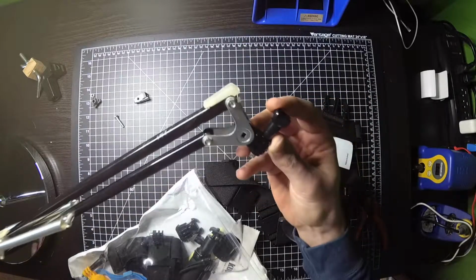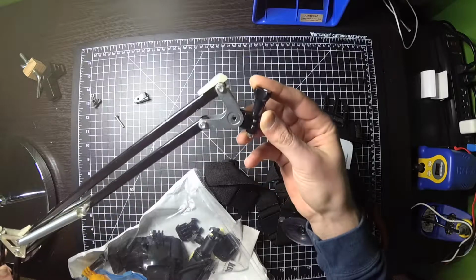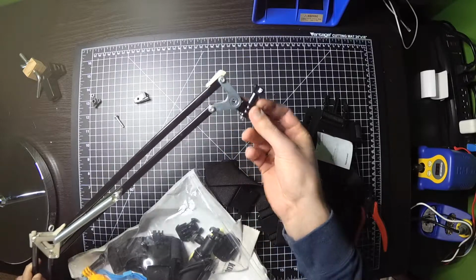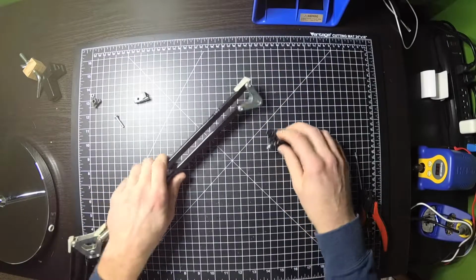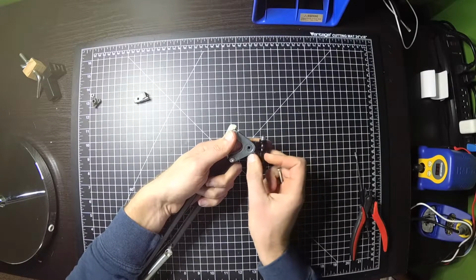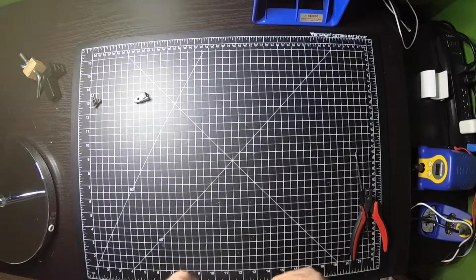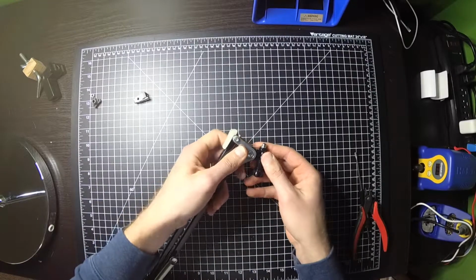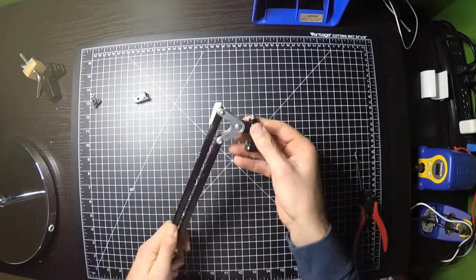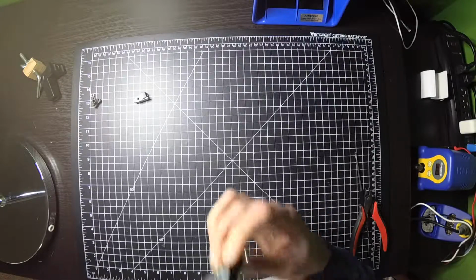This might be perfect if I can get that through that hole, because this kind of matches up with how I currently have something mounted on this overhead. Yeah, I think that'll work. So that squeezes this out a bit. I'd prefer, I don't know if you can see that,